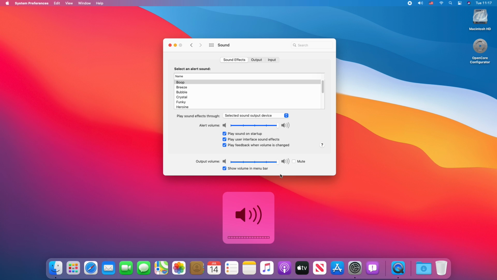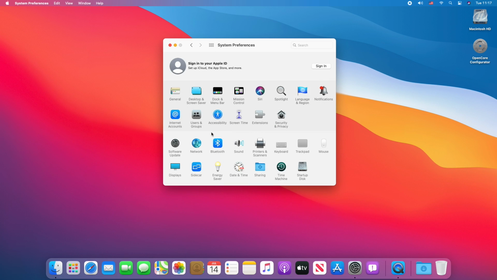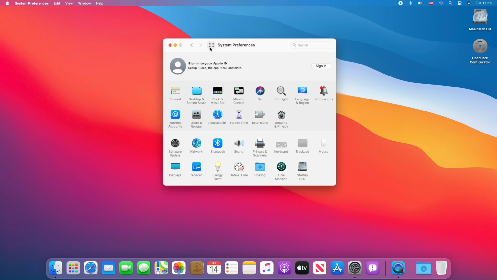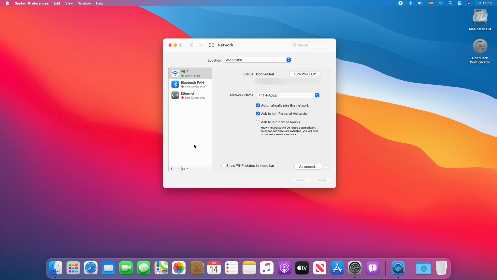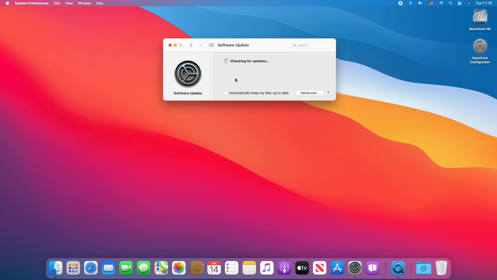The audio and the audio hotkeys works perfectly. HDMI is working too. The Bluetooth is working. Wi-Fi is working. Let's have a look at another stuffs.